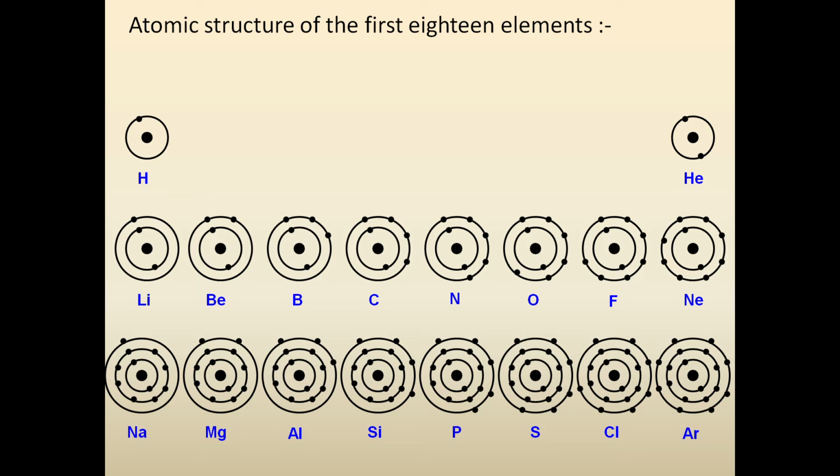Similarly, we can talk about aluminium. Aluminium has a total of 13 electrons. So out of these 13 electrons, we will have 2 electrons in the first shell, then 8 electrons in the second shell, and the remaining 3 electrons will enter the third shell. So it will have electronic configuration 2, 8, 3, and of course in the center there is a big dot. That big dot represents the nucleus where nucleons are present.